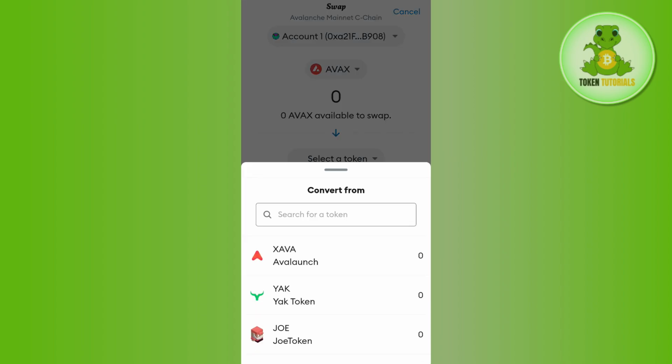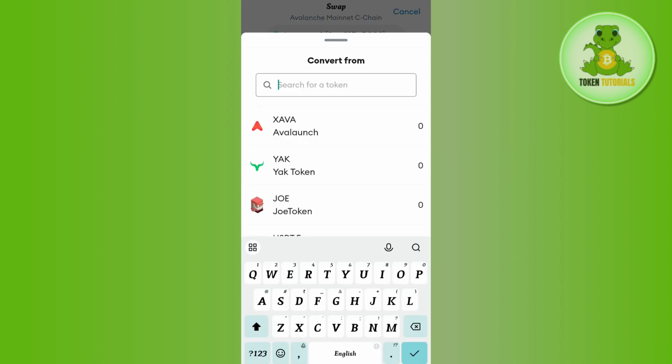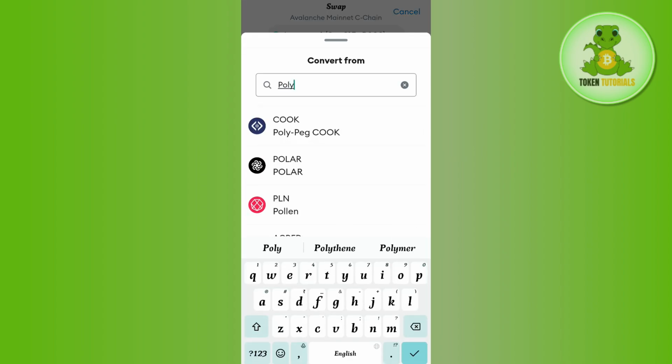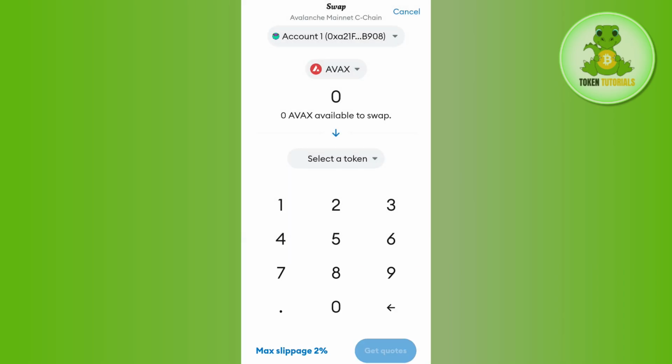Now, since you want to swap from Matic to USDT, in this drop down menu, you need to simply tap on it and search for Polygon. Once you are able to find Polygon in this section, you need to simply select that, but as you can see for yourself, it is not showing me Polygon or Matic over here. So maybe you are not able to swap from Matic to USDT directly,